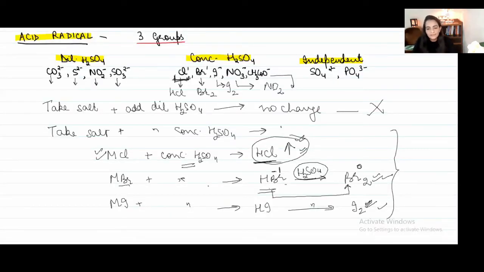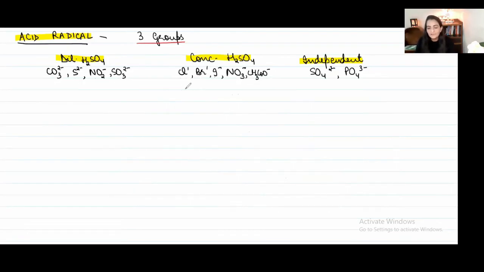Okay, now the next point that I would like to again help you to focus on is regarding nitrate. Now, nitrate, when you add concentrated sulfuric acid to the nitrate salt, initially there might not be a very clear observation. So when you warm it a little, you'll find some very fine bubbling through the solution, indicating something is happening, but that's not very clear.